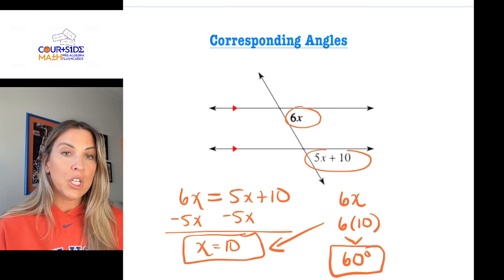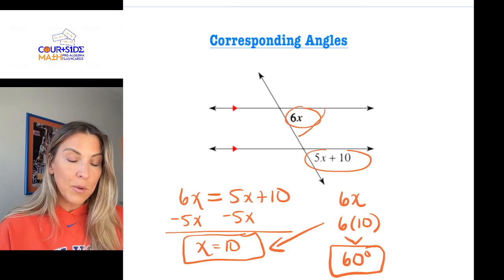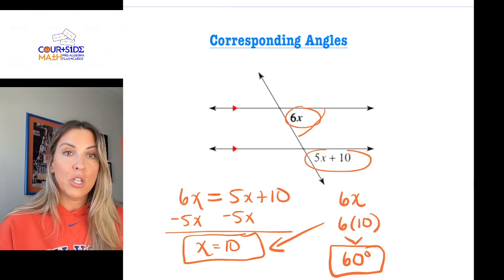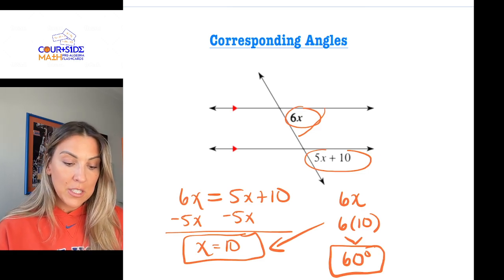Now, 2 things you can do to check. 1, make sure your answer is reasonable. So when I look at this angle, I notice that it is an acute angle, so the angle measurement should be less than 90. That doesn't tell me that I'm right for sure, but it tells me that my answer at least makes sense. And then the other thing that I like to do is just take this other angle,